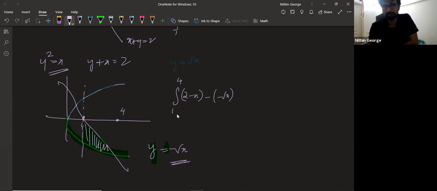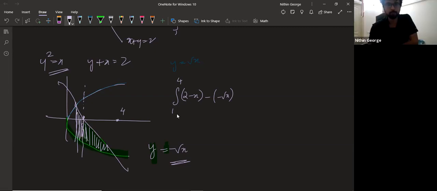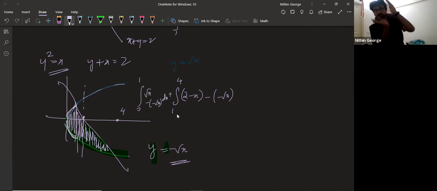We need to find this area as well, right? Right, guys? Sorry, from 1 to 4 means from here. My bad. The point of intersection is what we were looking at, right? So from 1 to 4 is here. But before that, from 0 to 1, you're finding the difference between both these curves. The upper one is root x, the other one is minus root x. So you're finding that between both these curves. All right, so then when you add up, you will get the correct answer.